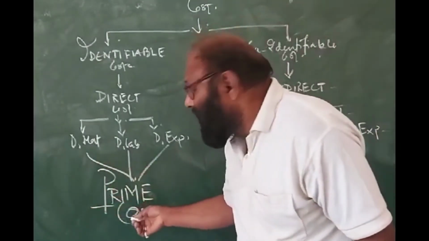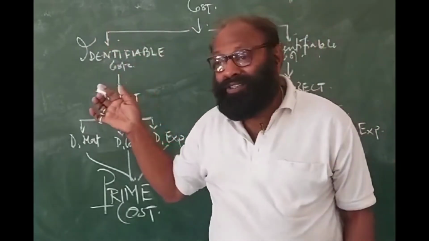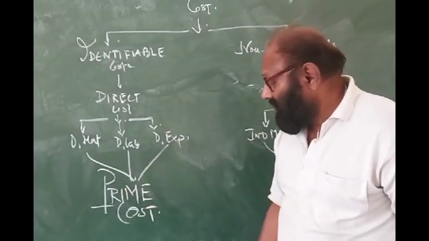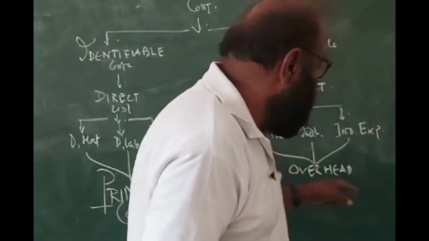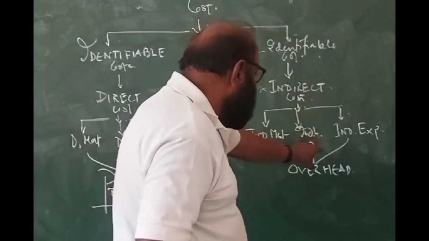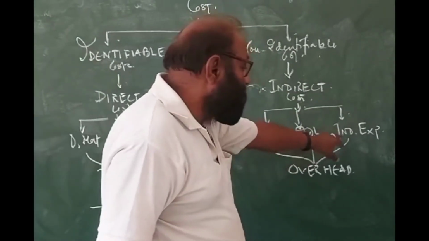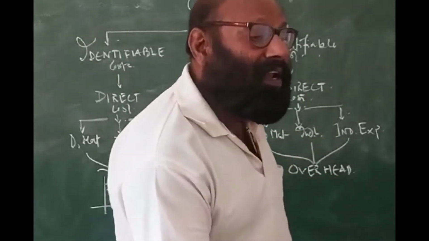The cost which is directly identified to the product is known as identifiable costs. They are of three types: direct material, direct labor, direct expenses, and in total they are known as prime costs. Okay, and here the indirect costs have the same classification: indirect material, indirect labor, indirect expenses, and it is known as overhead. And these overheads